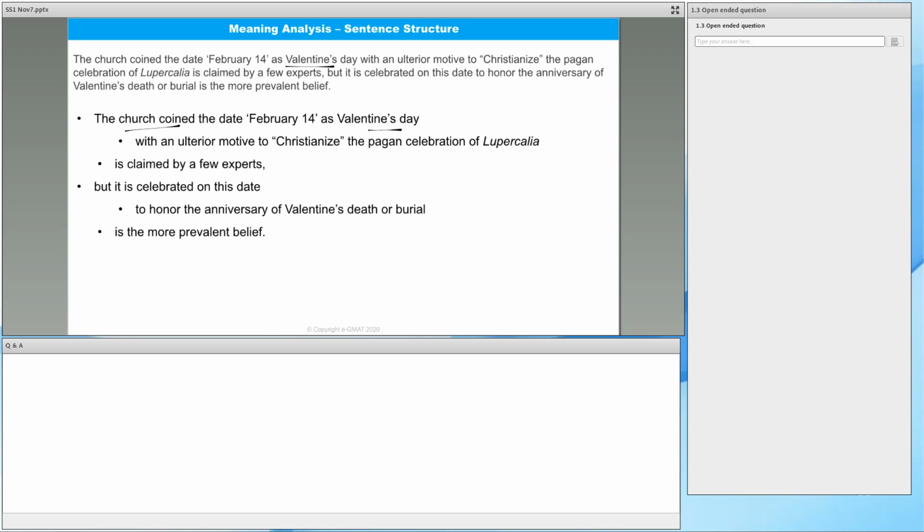Why did it coin it? How did it coin it? It coined it with an ulterior motive to do something. To means with an outcome. To is an outcome word over here, to Christianize the pagan celebration of Lupercalia. So the church coined something with an ulterior motive to achieve something. That part is claimed by a few experts. Okay, but it is celebrated on this date. So there's a contrast word over here,